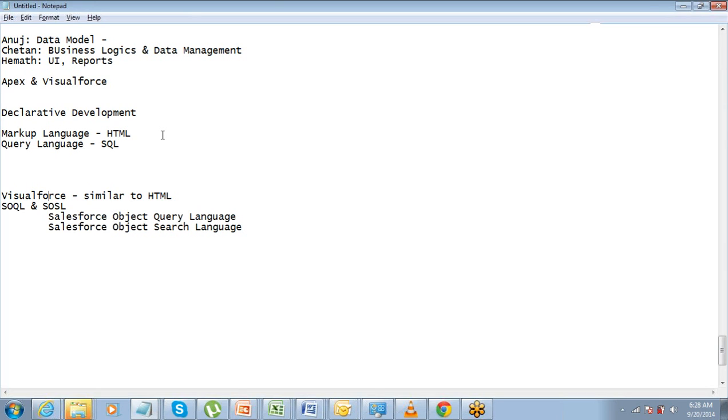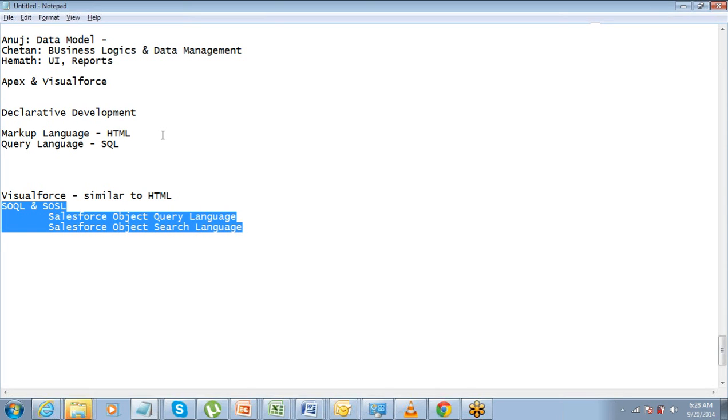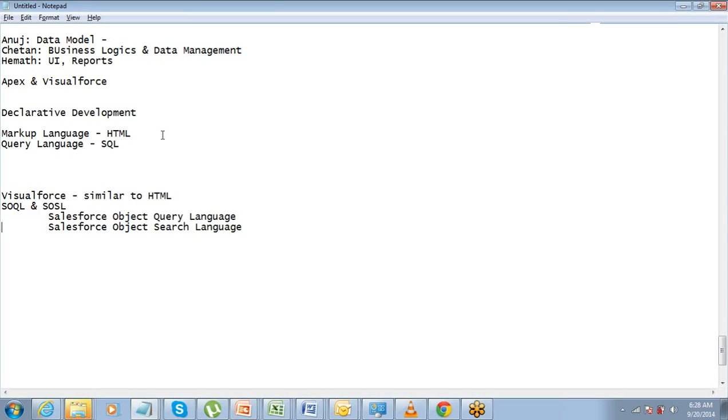So we need a language to work on the front-end interface. Then secondly, we need a language to query the data, to search the data or to modify the data, because we are dealing with our database as well.